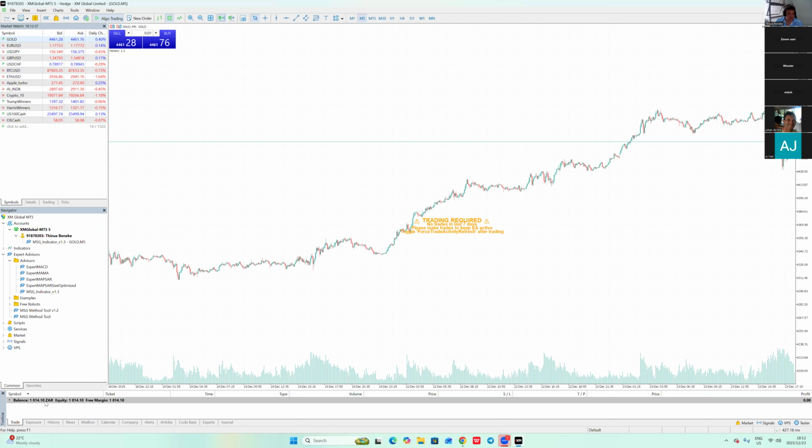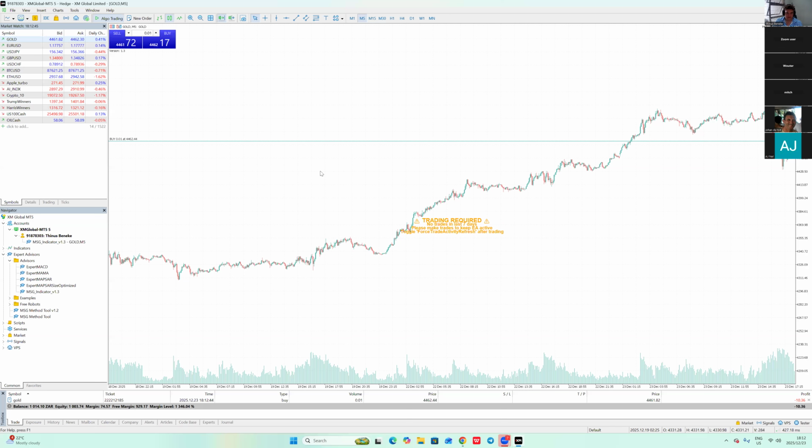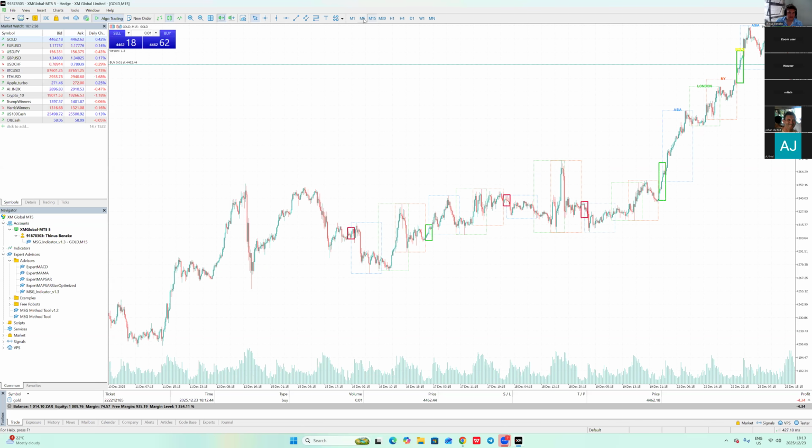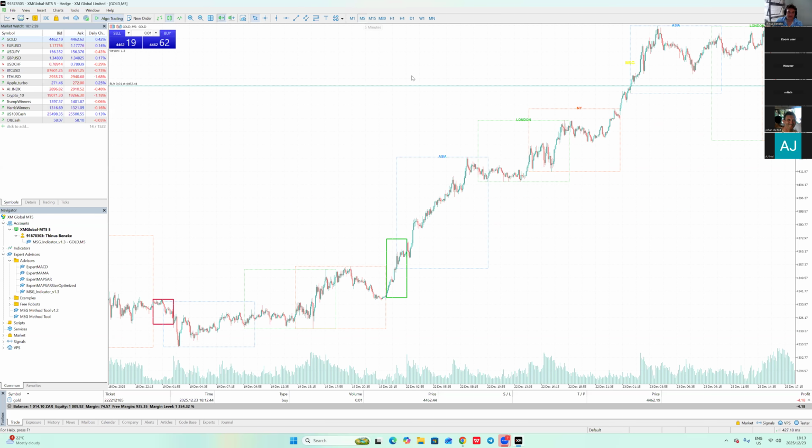I've deposited 1,000 rand. I don't know, it was 1,014 and 0.01. So let's say I'm going to go for buy now. Now look. Okay, here at the bottom, the trade is running. You see this is in rand. So now minus 5 rand, 6 rand, whatever. Now when I switch time frames, let's say I go to the 15-minute and back to the 5-minute, now the MSG is here. The Lego method, basically. It's here.